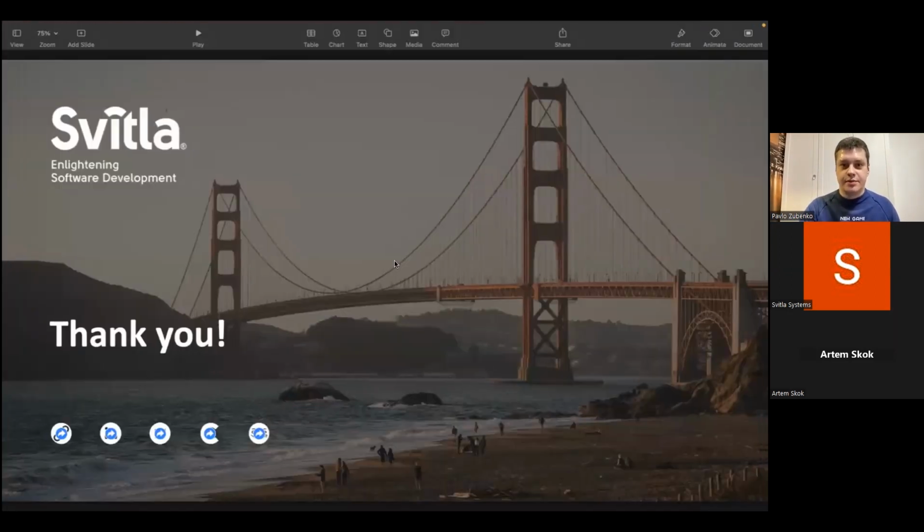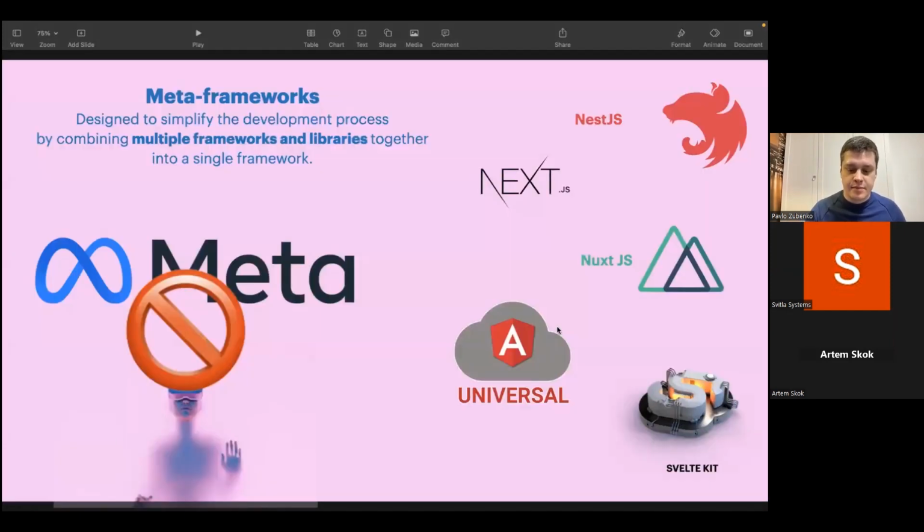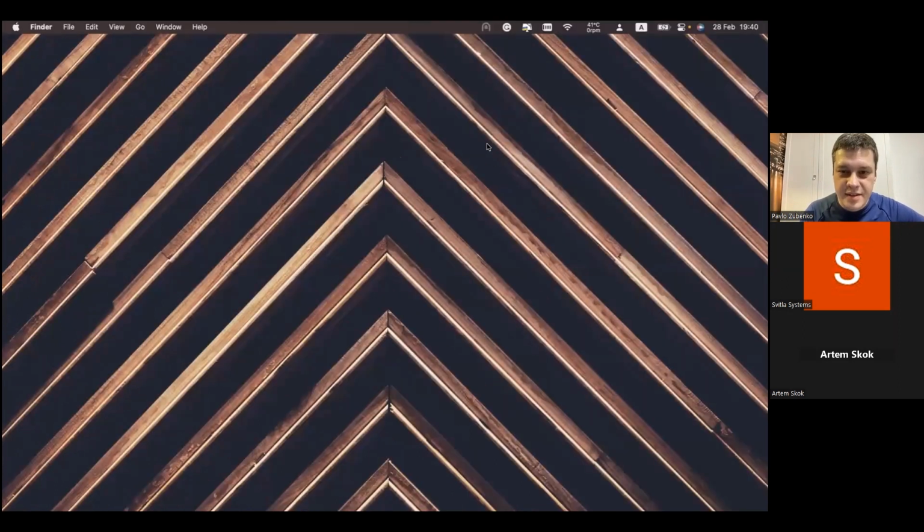Hey guys. So I have one question regarding Nest.js. You mentioned it as a meta framework, right? In comparison to Next and Nuxt, if I'm not mistaken, those are basically frameworks for server-side rendering for React and Vue accordingly. But actually, Nest is something for traditional API, as far as I know. So could you please comment a bit on that? It's about the common use of those frameworks.